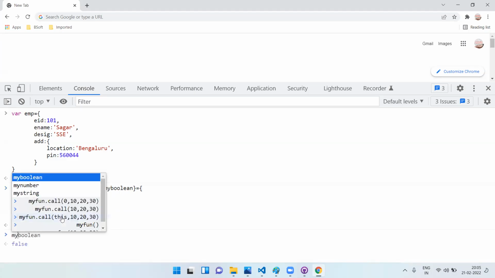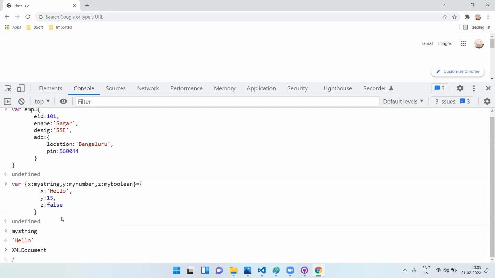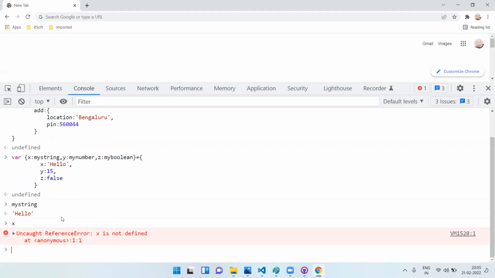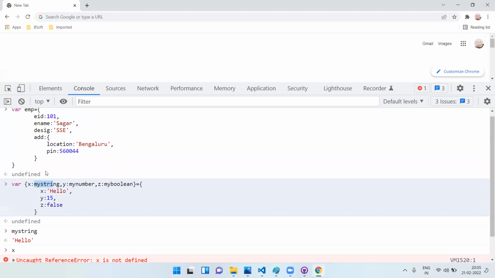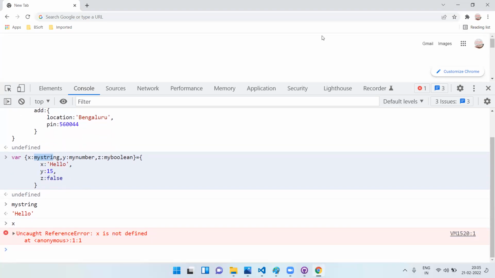So in that case, what will happen? My string, I will take my string. If I say X, it says X is not defined because you have already aliased it. At the time of destructuring, it has destructured X, but here it is just for mapping: my string is looking for the X value to get assigned. Y matching, then directly 15 will be assigned to my number, not Y. So you will not get X, Y, Z there. When you are destructuring, if you want by name, then keep it X, Y, Z and you will get them in X, Y, Z. But when you are aliasing,